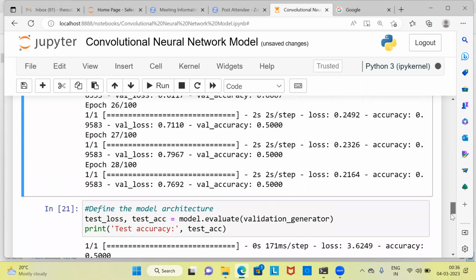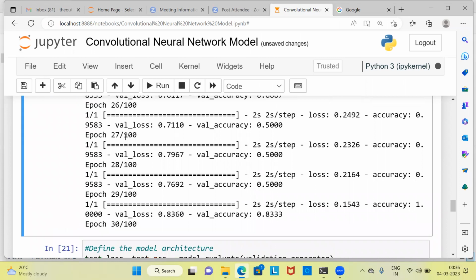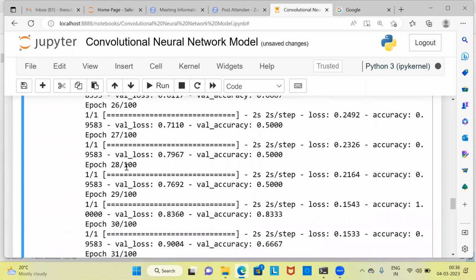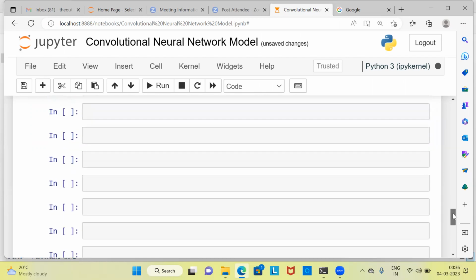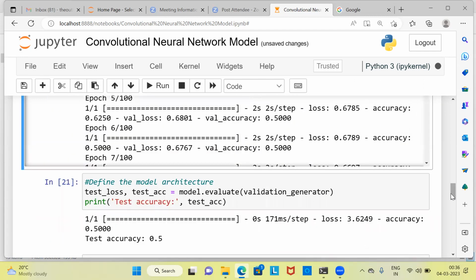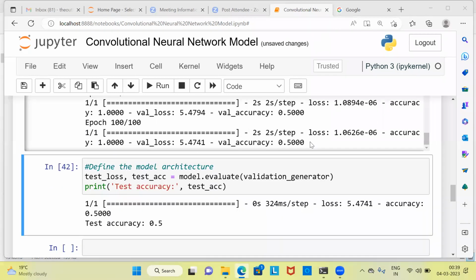You can see here, we are still in the 27th iteration. In the 29th iteration, we see some improvement in the validation accuracy. You can see here, the accuracy is 0.833. You can see here, after 100 epochs, the final validation accuracy that we are getting is 0.5, which is not